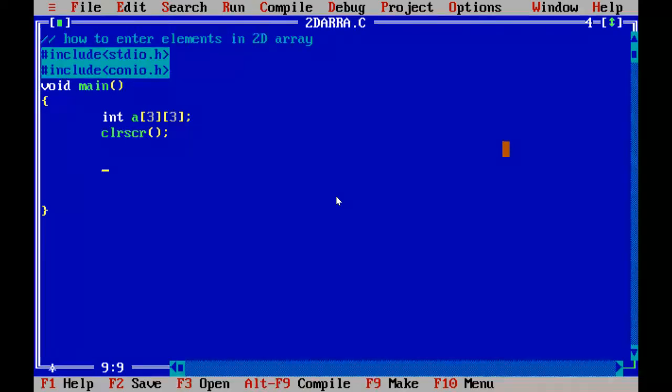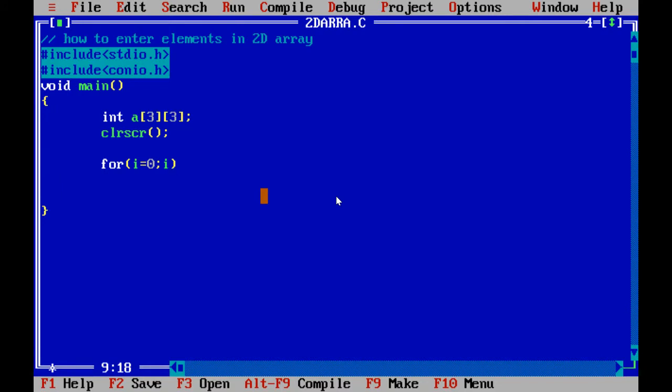So of course we need a for loop, yes, and this loop will start from 0, of course, i is equal to 0. Now you need to know that whenever we talk about the 2D array, the row and column structure, we always need 2 for loops, right? In a nested for loop, the outer for loop will work for the rows and the inner for loop will work for the columns.